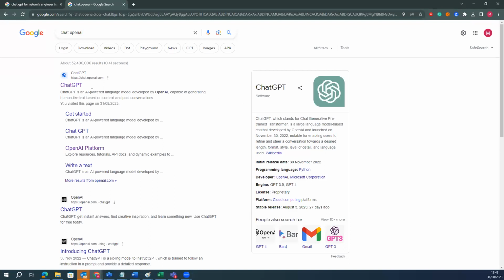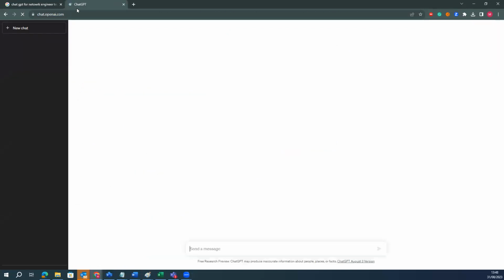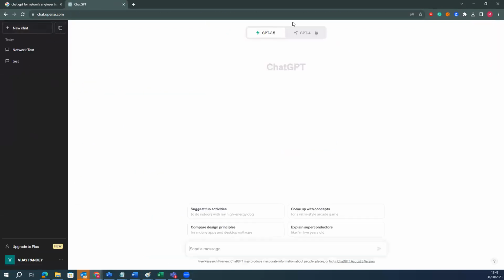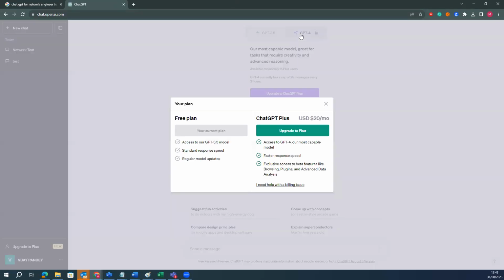Okay, and if you open this particular site, this page will come to you. There are two versions of this: version 3.5 and version 4. Version 4 has a subscription, which is the advanced version of ChatGPT. You can have facilities like browser and plugin. You can plug in this ChatGPT anywhere in your